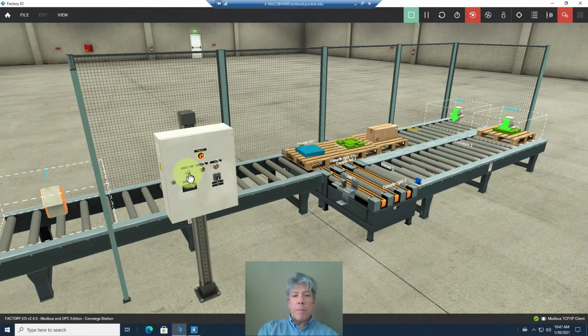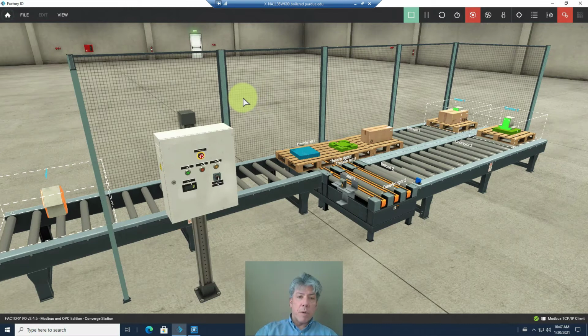Let's go see what outputs are available for those transfer conveyors, because I'd just like to make this one long conveyor. And obviously I want you to set it up so that when you hit the start button you can release it and it'll just keep going, and then you can hit the stop button and it'll stop. But let's try to make it even better. What do we have